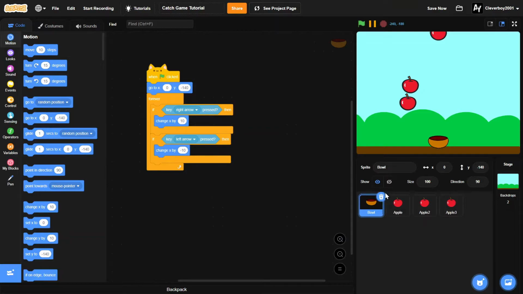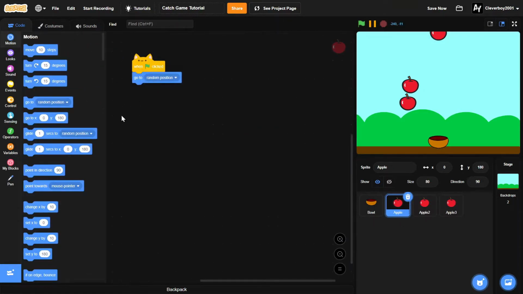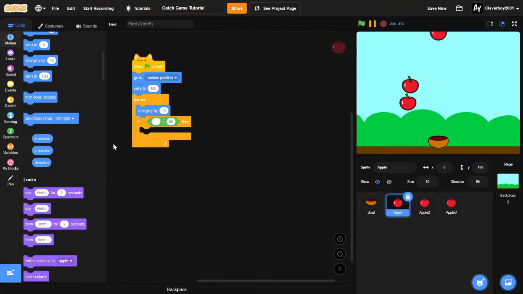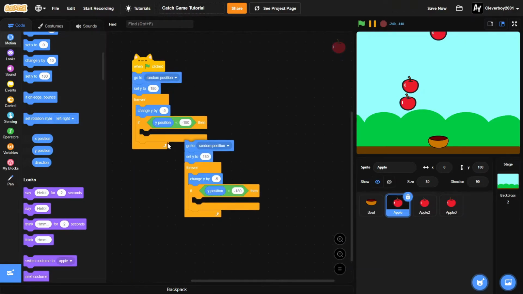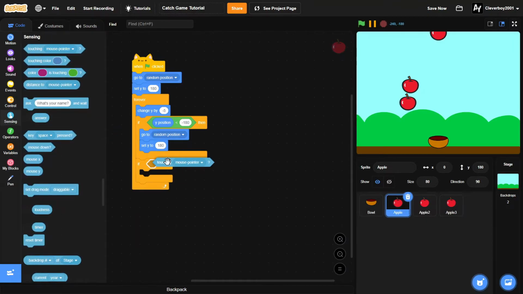And in the first apple, we will put in a when green flag clicked. You'll go to random position, we'll set Y to 180, and forever we will change Y by -5. Then if Y position is less than -180, we'll simply duplicate this, and then we'll put in an if touching